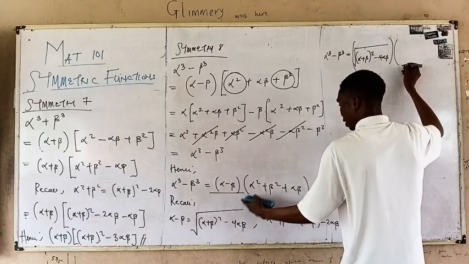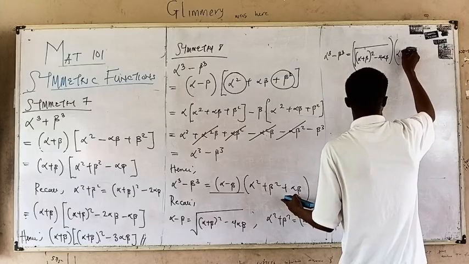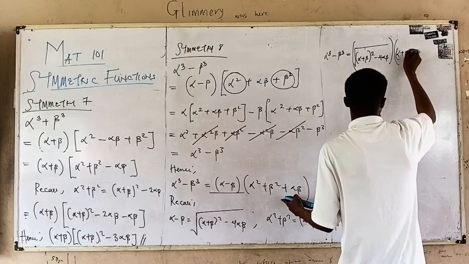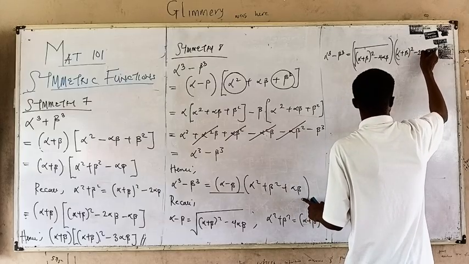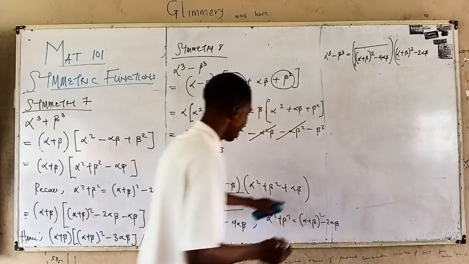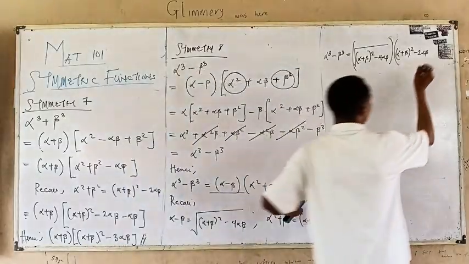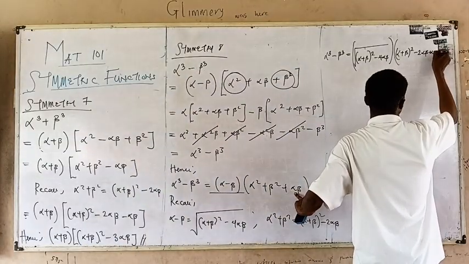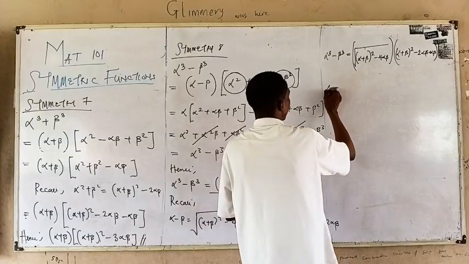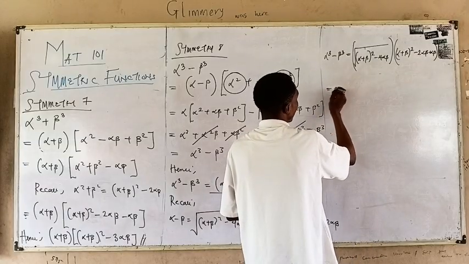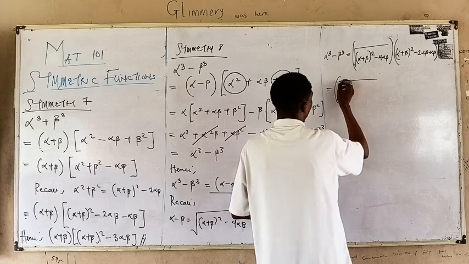Then this side, alpha square plus, alpha plus beta all square minus 2 alpha beta. Remember this outside as alpha beta plus alpha beta. So what would I have here? That's minus, isn't it? All the square root of